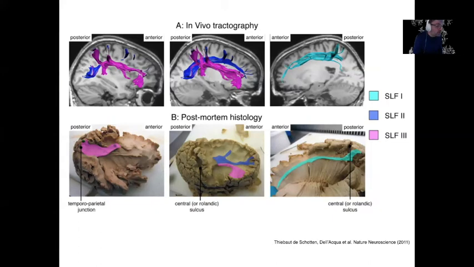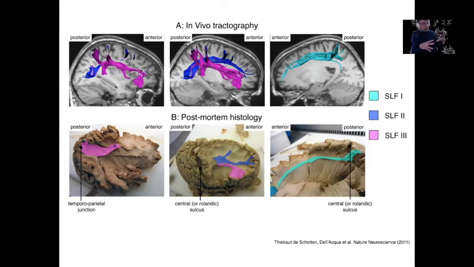We've been doing some postmortem dissections, old-fashioned style, 19th century, well, 1950s, because that's Klingler, where you freeze the brain, and the freezing of the brain is going to separate bundles of white matter because there is some water between them. It's like if you put a bottle of beer inside your freezer, it explodes because the water, when it freezes, takes more space than when it is liquid. The same idea at the microscopic level in the human brain here.